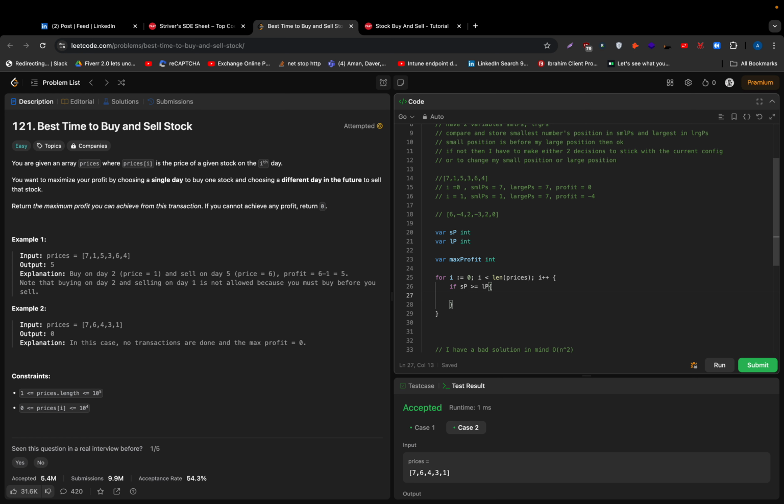How do I calculate the smallest number? I just compare it with this, and I say prices I, and I go if prices I is greater than SP, if prices I is less than SP, then SP should be prices I,